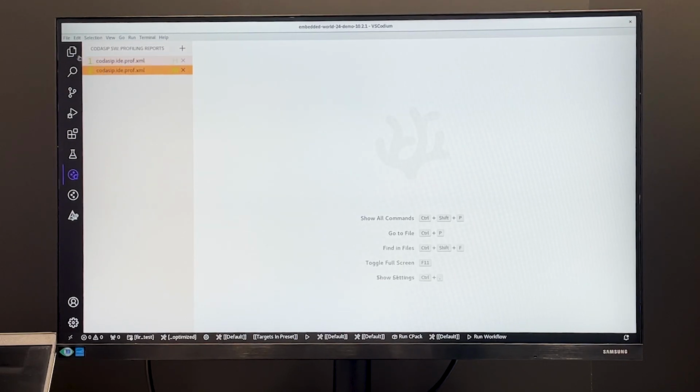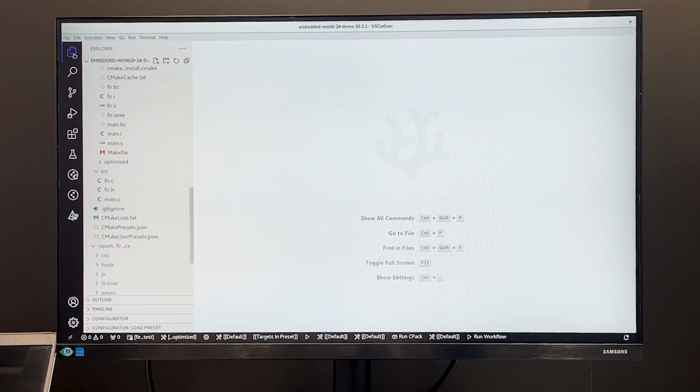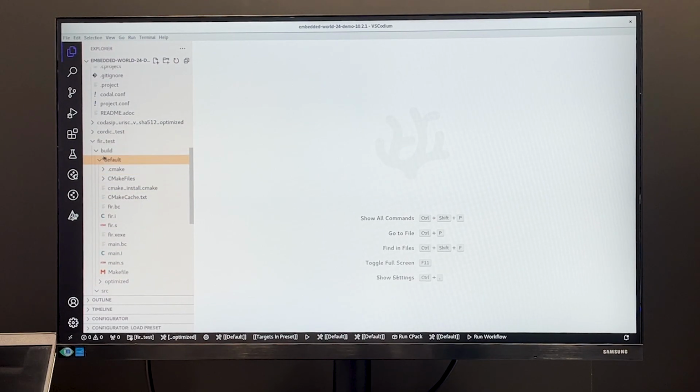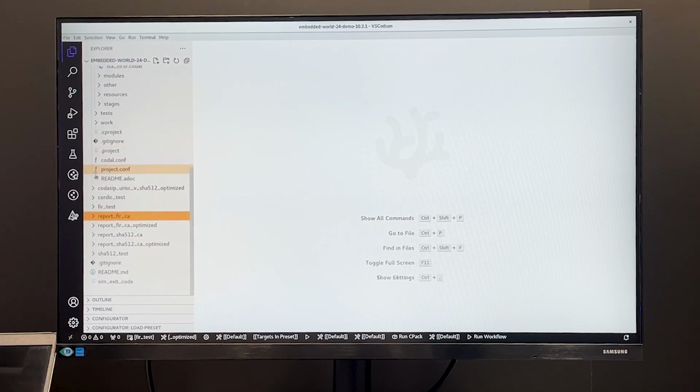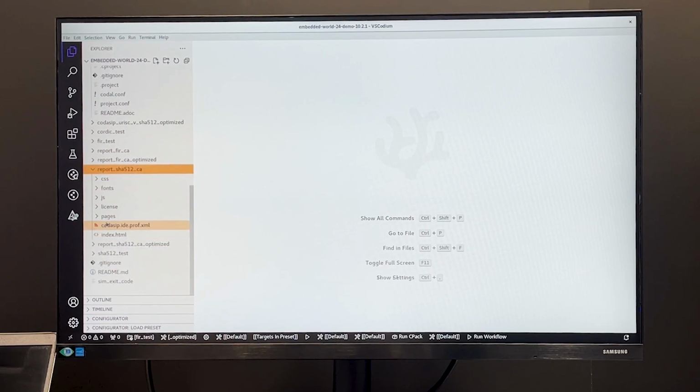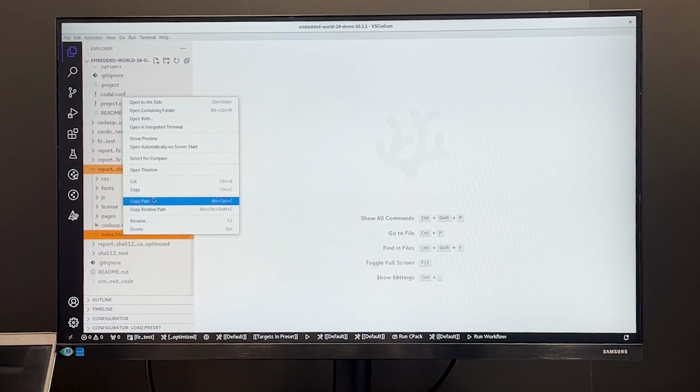What I can quickly show you is a more complicated algorithm, because as I mentioned, this one is relatively simple. The other one that I have here is the SHA-500 algorithm. I already have the profiling reports for the version which doesn't use any custom instructions, and a version using the custom instructions that we have implemented. So let me open both and quickly show you the benefits that you can get on a real-life application